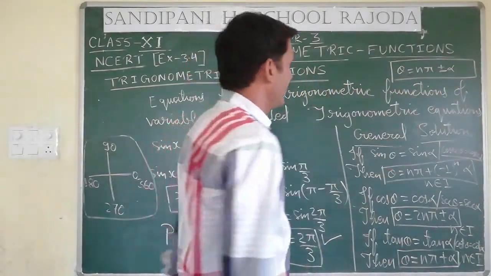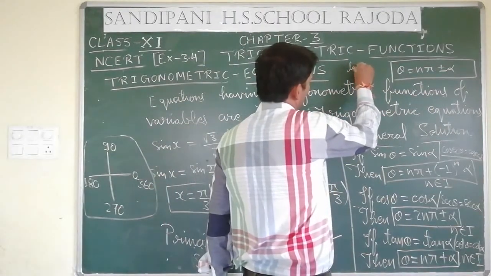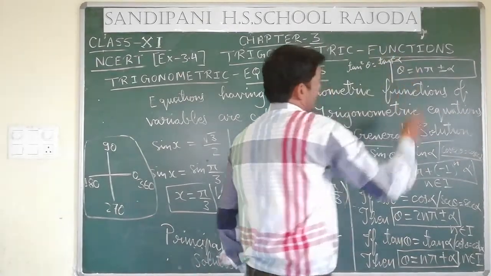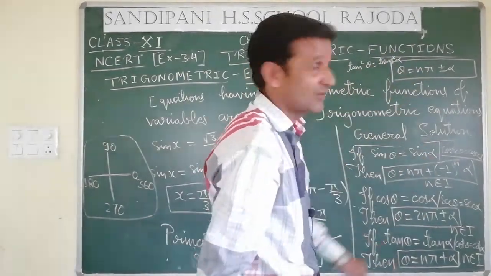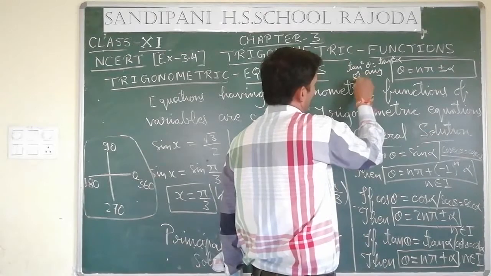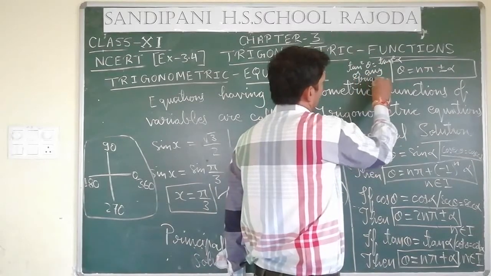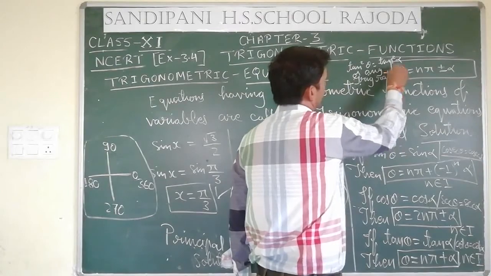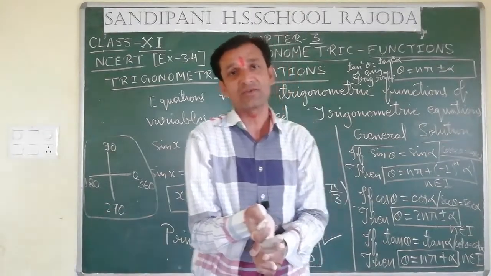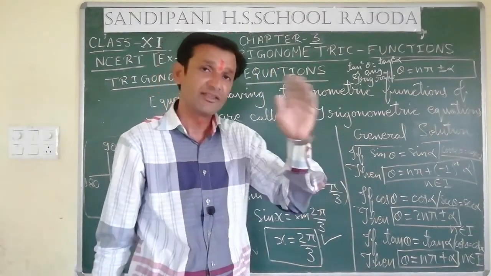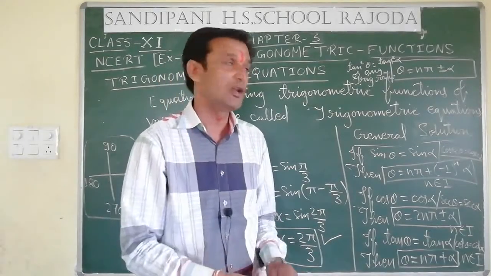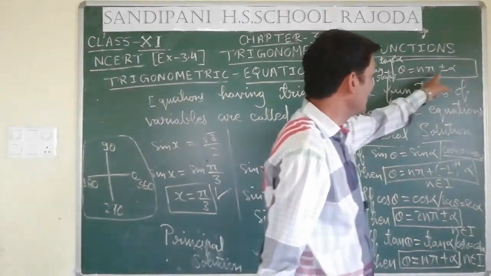Theta is equal to n pi plus minus alpha, for any trigonometric ratio squared. Tan square theta is equal to tan square alpha. For square, remember this, for square only. Tan square theta is equal to tan square alpha, or any trigonometric ratio square, this formula will be applicable. Means for tan square theta is equal to tan square alpha, for sin square theta is equal to sin square alpha, for cosec square theta is equal to cosec square alpha, as I have told. For all the trigonometric ratio squares, this formula will be applicable: theta is equal to n pi plus minus alpha.